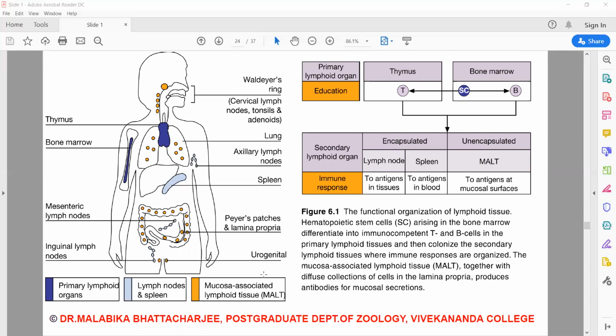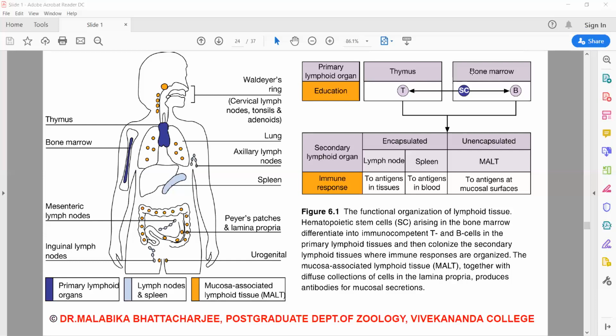And then we have a variety of mucosa associated lymphoid tissue, that is, lymphoid tissue associated with the various mucosal membranes of the body. So you can see at the neck region, we have the tonsils, which is a very common lymphoid tissue. You people have heard about it from quite a young age. Then in the gut region, we have the Peyer's patch and the lamina propria. So as you can see, this picture also clearly elaborates that there are two categories of primary lymphoid organs.